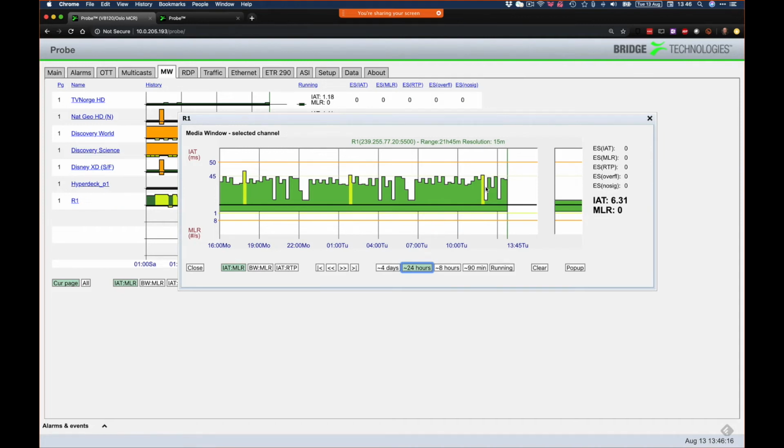This is actually really quite jittery because right here the jitter is 6.6 milliseconds and here it's 46.8. So there's a big variation on this multicast. I wouldn't expect to see this in a production system. I would expect to see this far more level. And remember over here on the right hand side, we've got the current figure, which is again updating continuously. 621, 20, it's gone up quite high. Anyway,